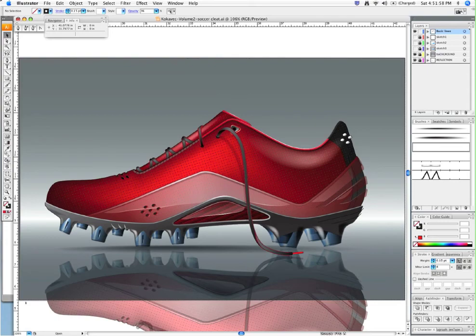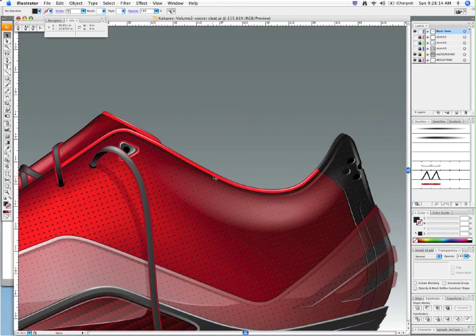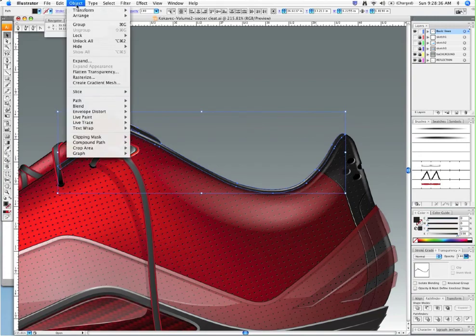and we're almost finished. So let's go ahead and grab our lining material, and we want to give this a texture. So I'm going to copy, paste in front. I'm going to no fill the stroke, and let's fill the color with dark black, 100% opacity. And you're going to have to